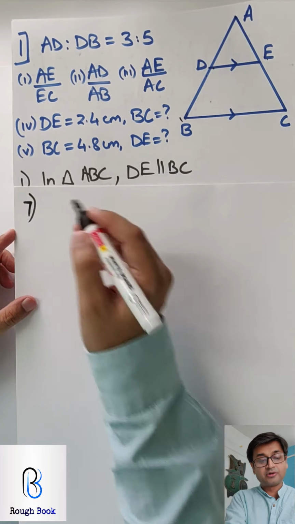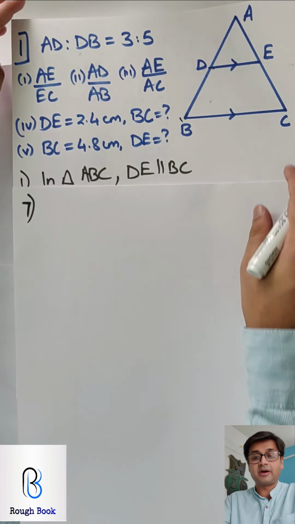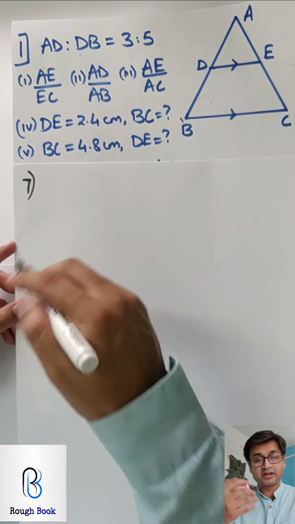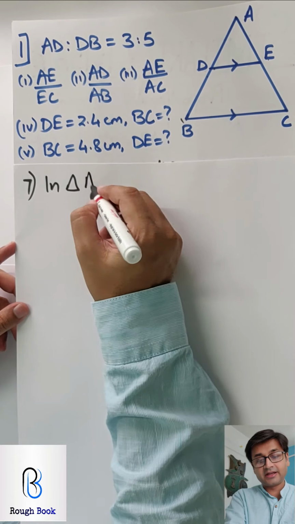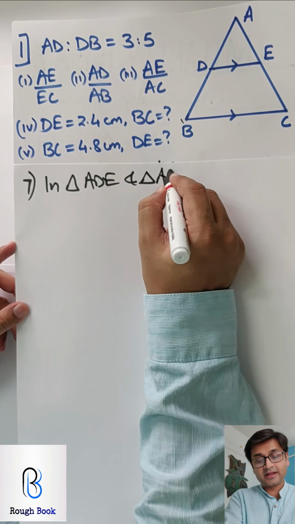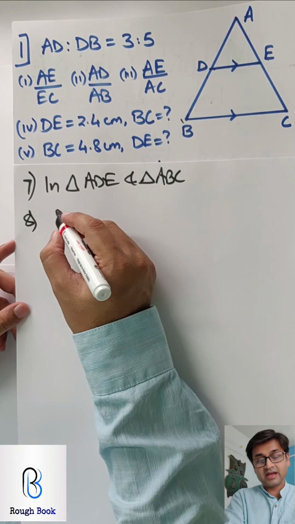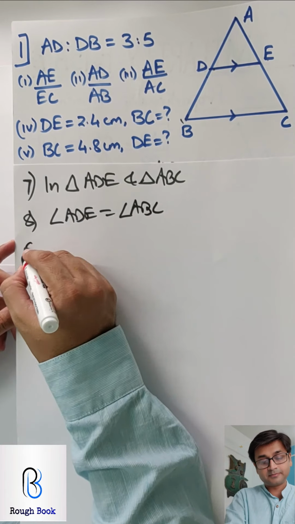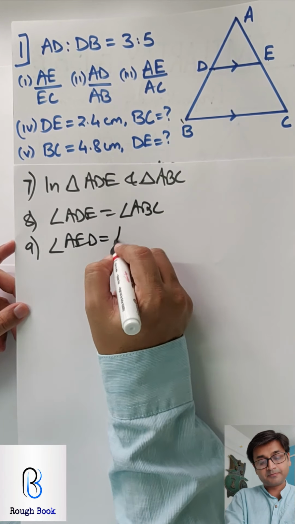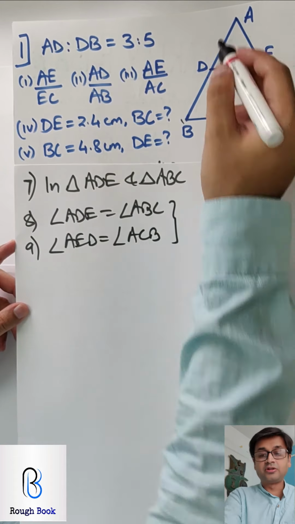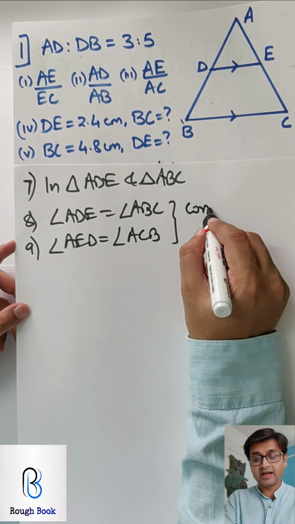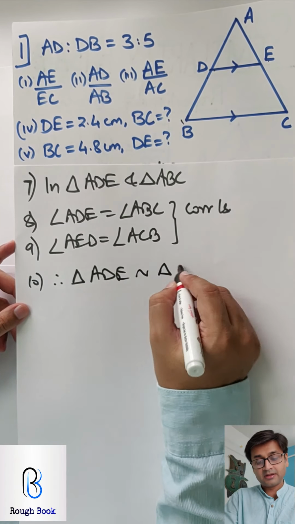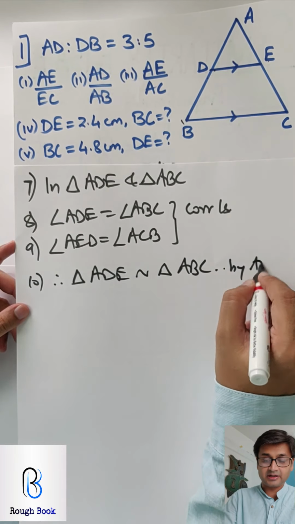Statement number 7. Now you can go ahead, prove the two triangles similar by AA test, corresponding angles. Come on, have a go on your own without my help. At least get them similar and then come back. So in triangle ADE and triangle ABC, you can say that angle ADE equals angle ABC and angle AED equals angle ACB. You can also use the common angle, but I purposely use these so that I have to write the reason only once. And therefore I can say triangle ADE is similar to triangle ABC by AA test.